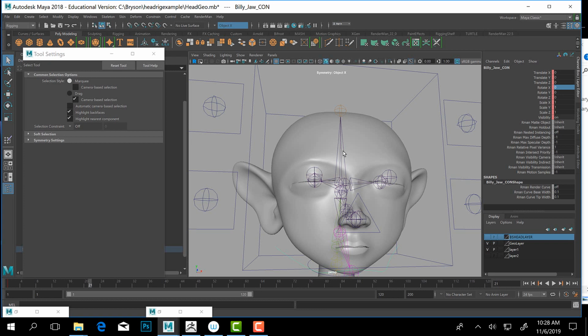Okay? Now, those are really useful because if you add controllers to them, they give you a degree of flexibility on top of the blend shapes. So we could activate a blend shape, and then on top of that, maybe make the smile a little bit more curly. Or maybe for a smooch, I can drag the lips out a little bit further and peel the lips out, where he's doing more of a cartoony